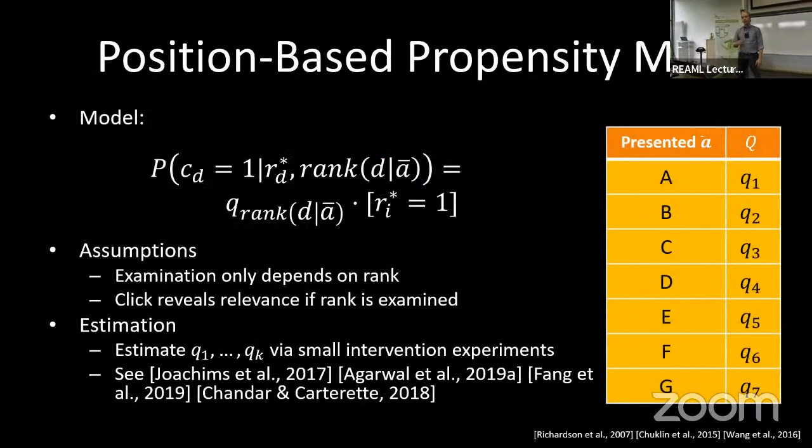Then the second part is, how do we define this propensity model, right? So in the simplest case, you would just have one probability for each position, one propensity for each position. And that we can just estimate. There are little tricks that you can do. You can do interventions, little swaps that you put in there. And you don't actually have to strap anybody into an eye tracker to see where they look. Through these little swaps, you can actually remotely estimate these probabilities, Q, of how likely somebody is going to look at a particular position.